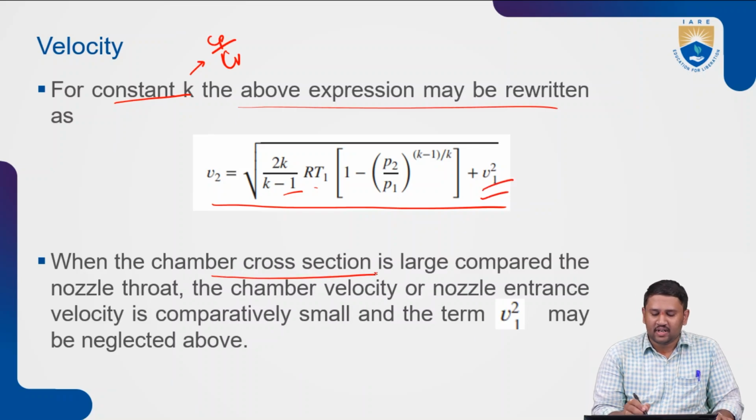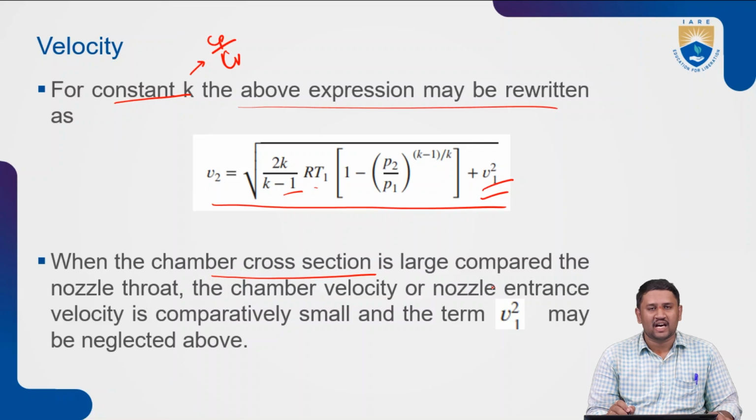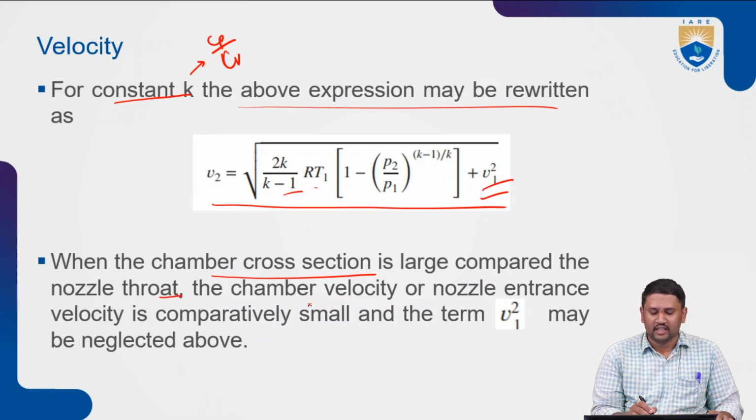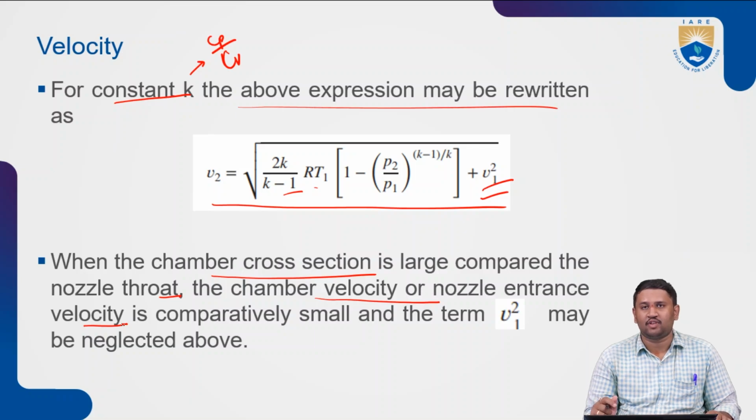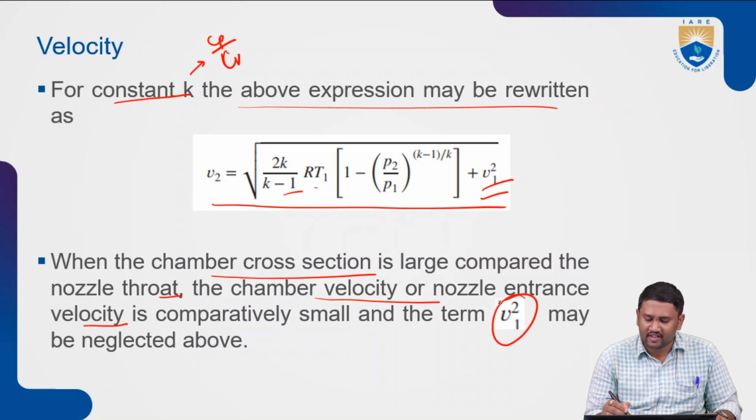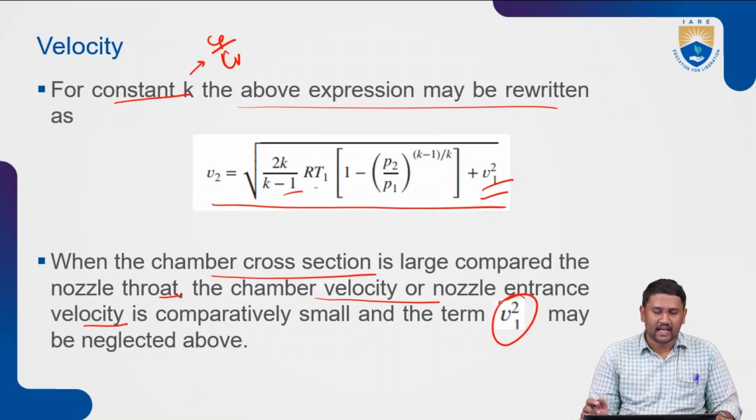Now, when the chamber's cross section is large compared to the nozzle throat, the chamber velocity, or the nozzle entrance velocity, is comparatively small, meaning the term V1 squared may be neglected. Now, if you are neglecting V1 squared,